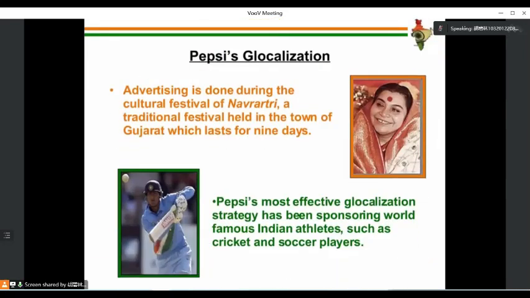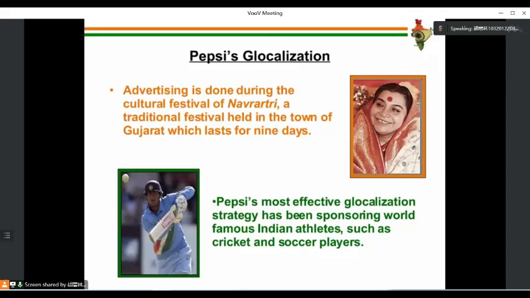And also you can see here they also have a masala flavor in their 7-Up drinks, which is quite unique. And besides, they also did advertising with their local stars and celebrities, like for example in Navratri, okay, during the traditional festival, they invite the celebrities to come and do some promotional activities for the locals. And I can say that Pepsi's most effective globalization strategy is that they are sponsoring a lot of famous Indian athletes, okay, such as cricket and soccer players. You know, cricket is very famous in India, so they invest a lot in those Indian athletes